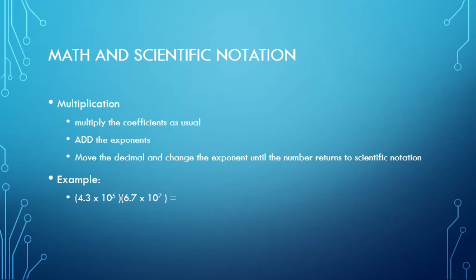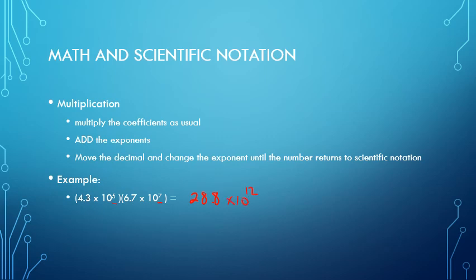When I take 4.3 times 10 to the 5th and 6.7 times 10 to the 7th power, I can simply multiply 4.3 and 6.7. That would give me 28.8. Notice that number is larger than 10, so I'm going to have to adjust my exponents at the end for this one. I have 10 to the 5th times 10 to the 7th, so that would now give me 10